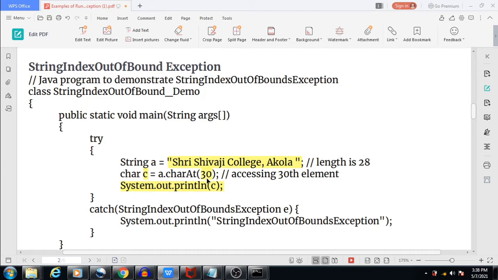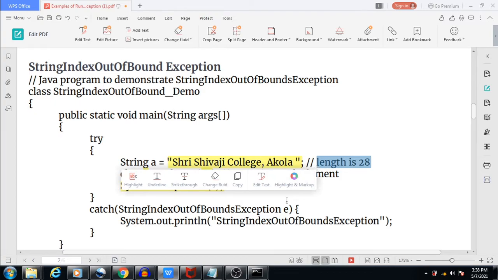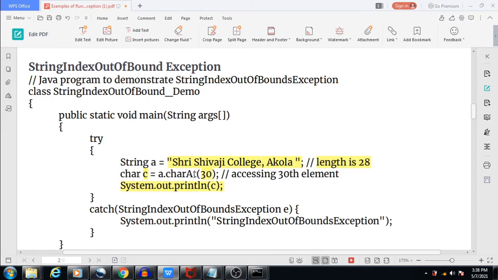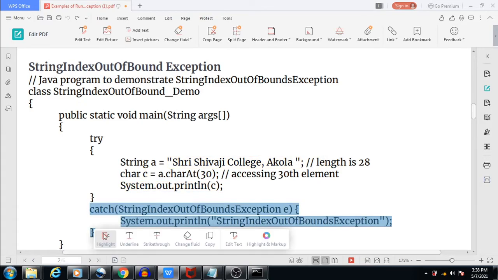So in c, the 30th character of the string Shri Shivaji College, Akola should be stored. But since we know the length of the string is 28 and we are trying to access the character which is at 30th position, it will throw an exception which will be StringIndexOutOfBounds,